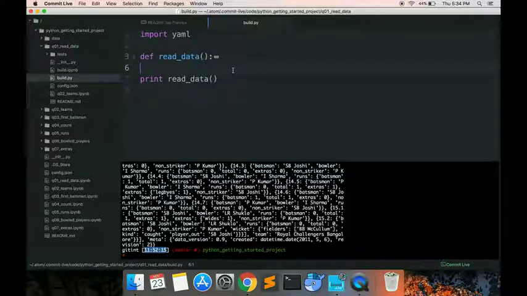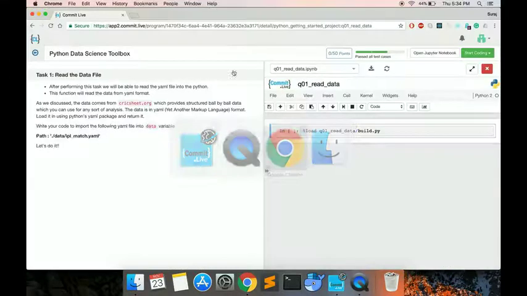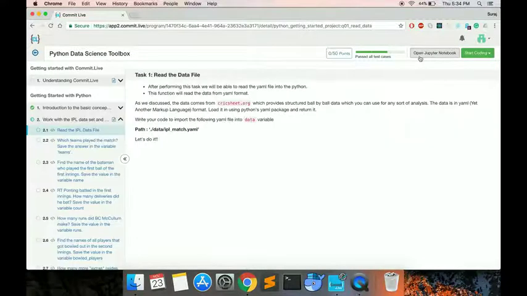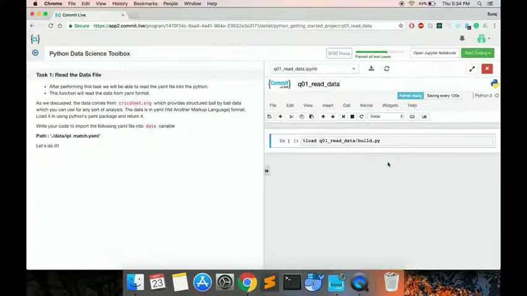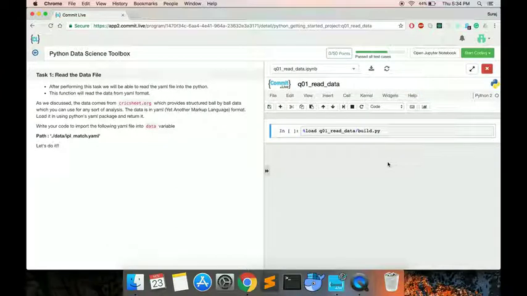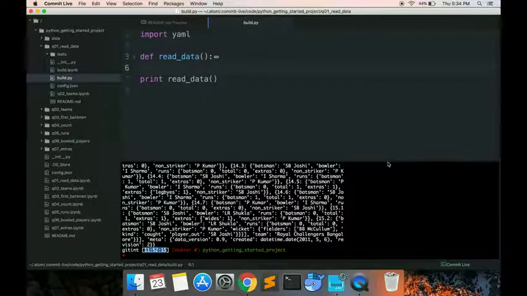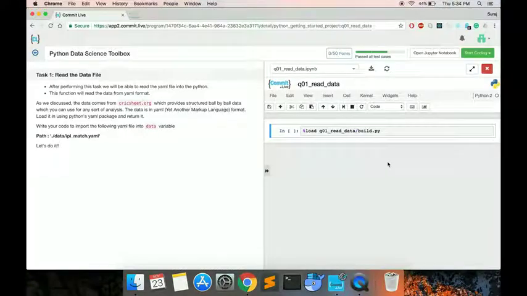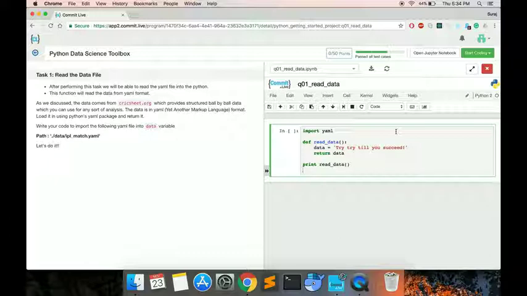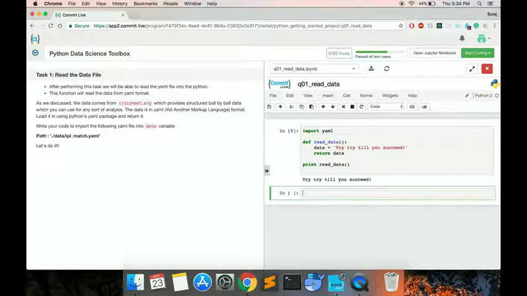For that, you will need to take help of the Jupyter Notebook. Let's go to the CommitLive Web again. Now we can use the Open Jupyter Notebook button given in the right corner of the assignment details. Click on it and wait until the notebook completely loads. Then you can copy a solution from the IDE, paste it inside the Jupyter Notebook and then execute it. Bingo! You can now see any dynamic output, whether it be image or graph, inside the Jupyter Notebook.